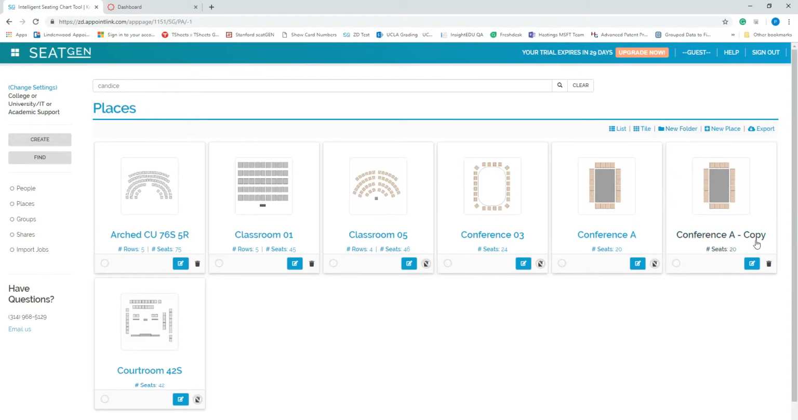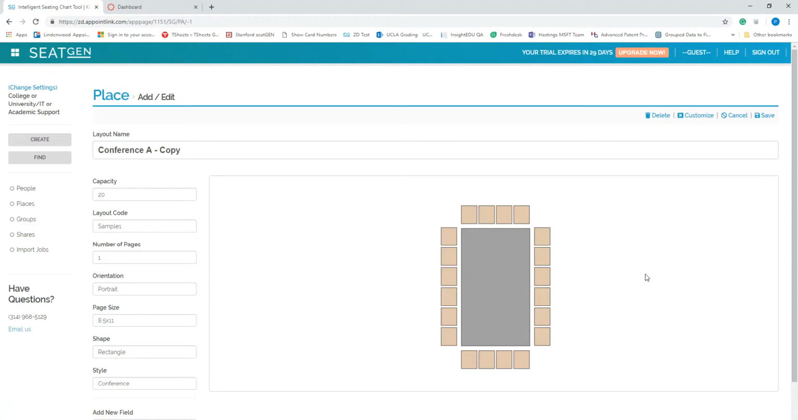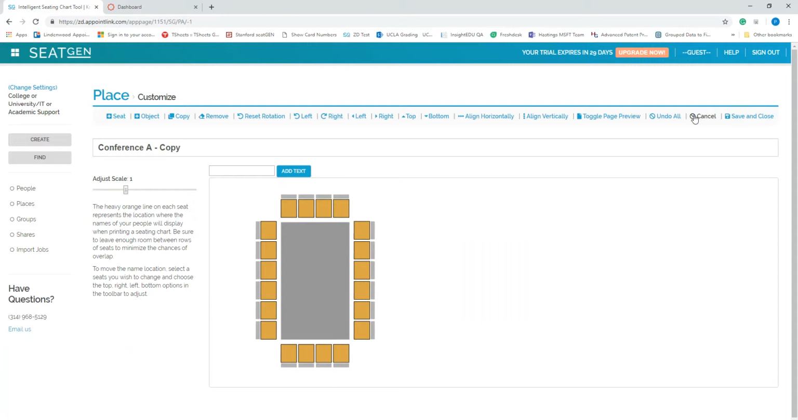So here you see the one that says copy. If I open that up, it's going to give me information about this room, and I can say edit. I could edit this information over here, and if I want to change the seats, I can select customize. With the customize, we have a whole webinar that tells you about what all of the menu options do. In general, you are allowed to move seats, remove seats. You could add seats,